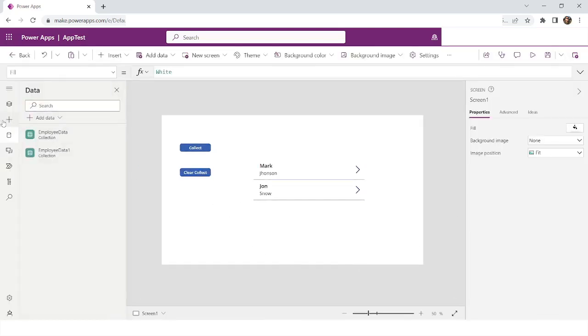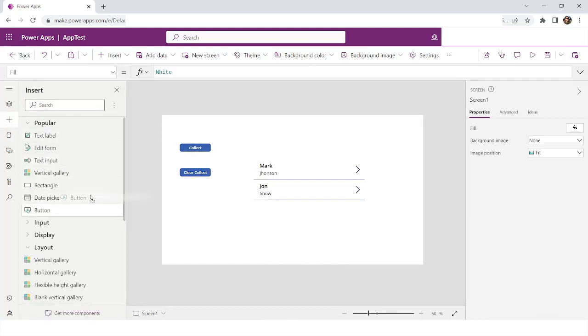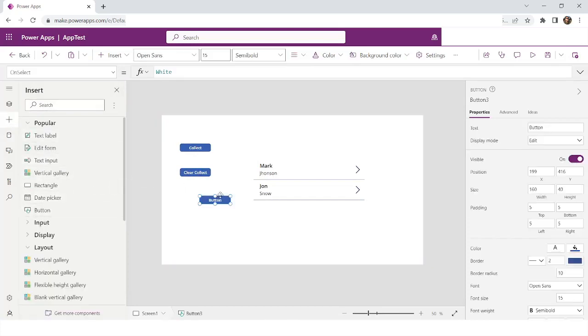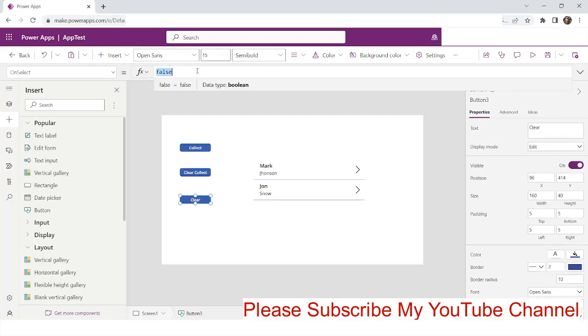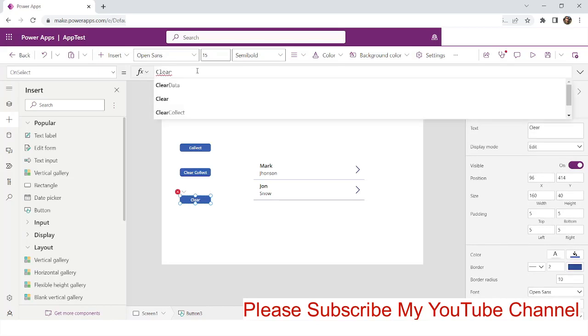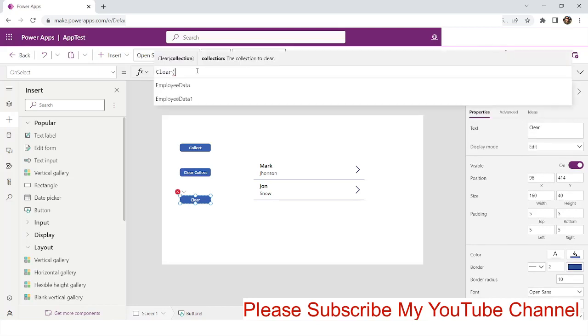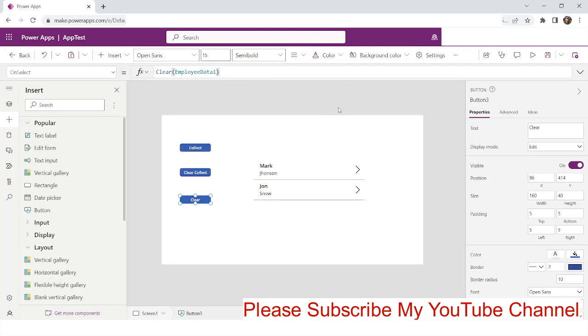There is another function which is named Clear. What that does is it will just clear the records from the collection. So I'll change the text of this button to Clear, right? And here I'll say Clear. So this is the function, and what collection I want to clear, I'll just clear the employee data. Now if I play this